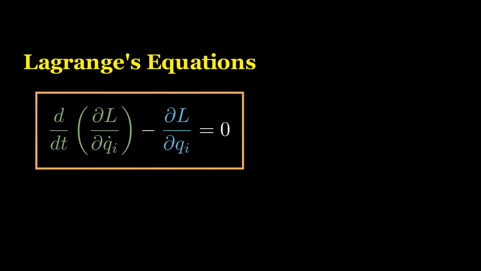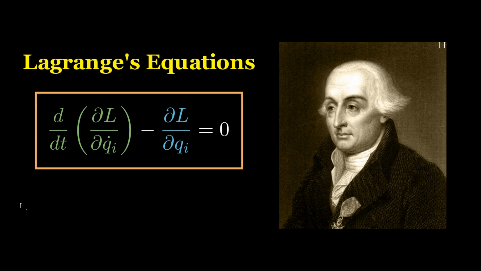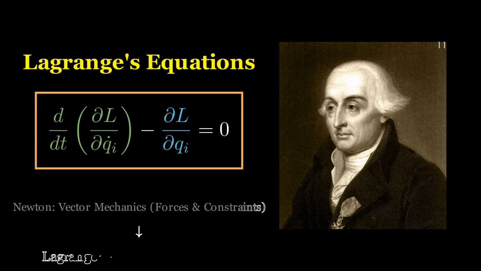By simply finding the scalar kinetic and potential energies of the system to form the Lagrangian L and inserting it into this differential operator, we can systematically generate the complete set of equations of motion for arbitrarily complex systems. The entire physical reality of the system's dynamics is now encoded in the stationary path of a single integral in configuration space.